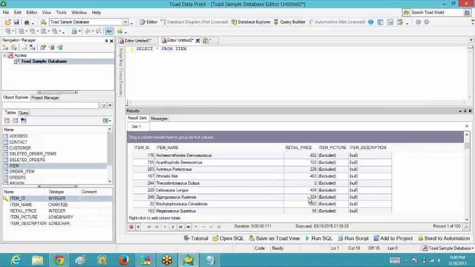So if you want to find out the maximum price from this column, then the keyword you need to use is the max keyword, which stands for maximum. Then after that, on which column do you want to apply this max keyword? So we want to apply it on the retail price. So that is retail underscore